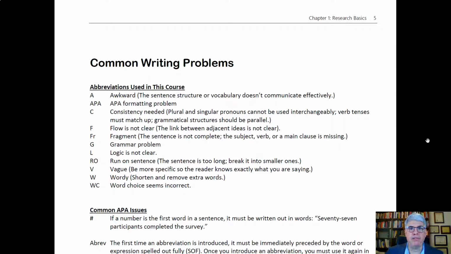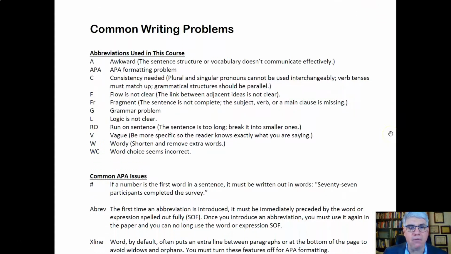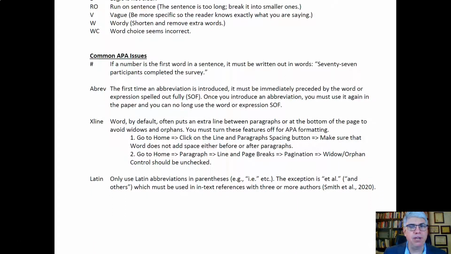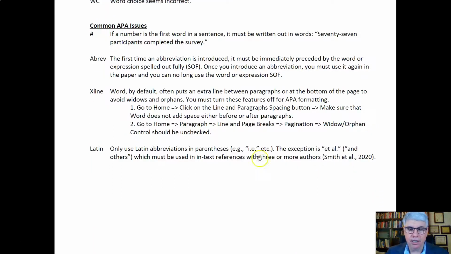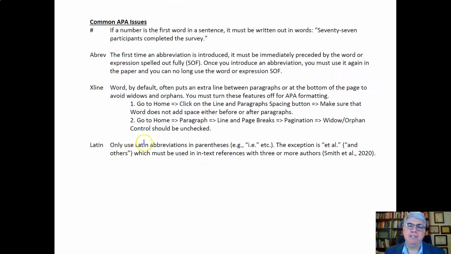I want to talk about some common writing problems when people are trying to write psychological literature, specifically on organizational psychology, in APA format. So I want to focus on what I consider the most common issues in APA format. Some of these are kind of trivial. The first big issue is a number problem.